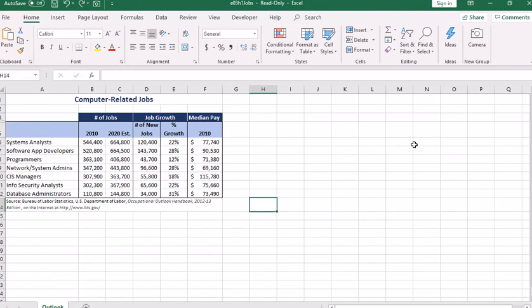Today we're going to be creating a pie chart in Excel. So you can create a pie chart with any data file that you have, but I'm using the data file E03H1 jobs. And what I'm going to do is highlight cell A6 all the way down to